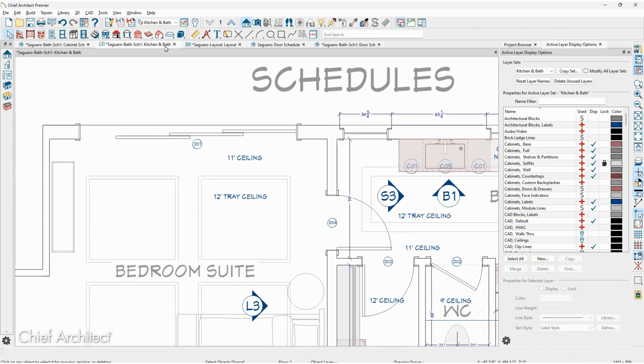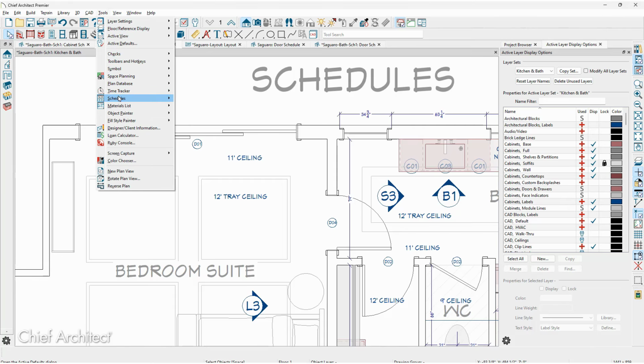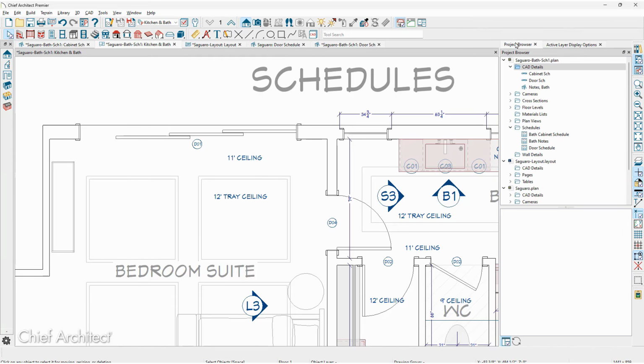For the session here, we've created two schedules, one for doors, one for cabinets. The program includes several schedules that are available that you can create. I like to create these one time and save them into my template plan. If I move over into the project browser, the plan that we had open for that door schedule that we created on two different columns, if you look inside of the schedules that are available in here,